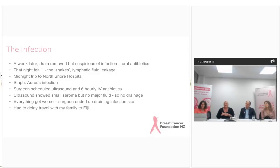The following day, the surgeon came round and I was told to get IV penicillin and flucloxacillin 6-hourly, and to get an ultrasound to see if there was any fluid left in me. All they could pick up from the ultrasound was a small seroma just under my left nipple, and other than that they couldn't find any more fluid. So this was Friday, so Friday, Saturday, Sunday. And then Monday I was on the IV